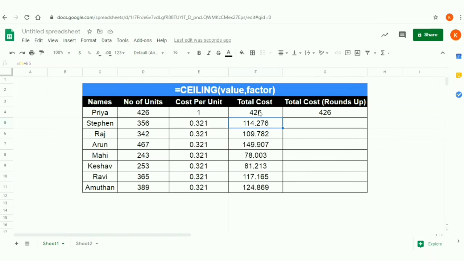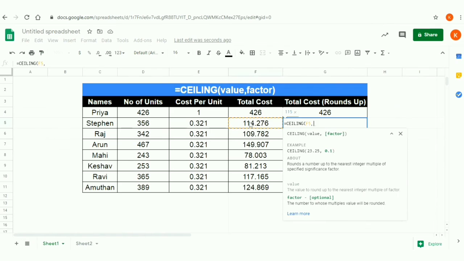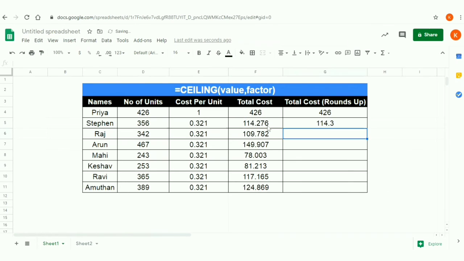And let's take another example with the second parameter. Here in the second parameter, if you provide the value as 0.1, in that case it is returning 140.3, that means after the decimal it is considering only one digit because we have provided the second parameter as 0.1, right? So that is how it is taking the decimal point value.